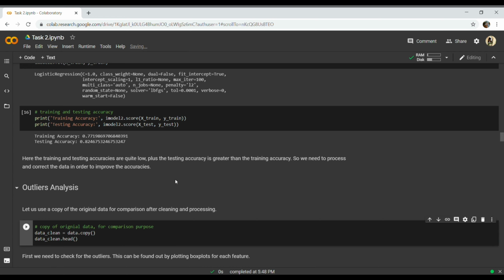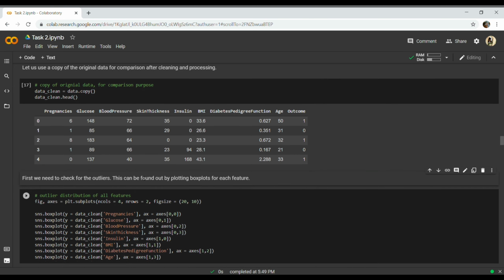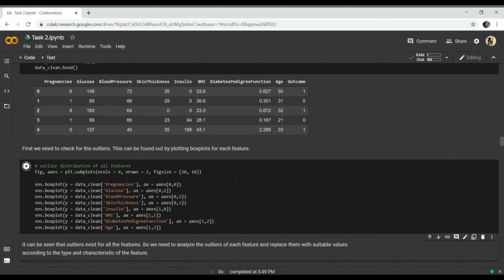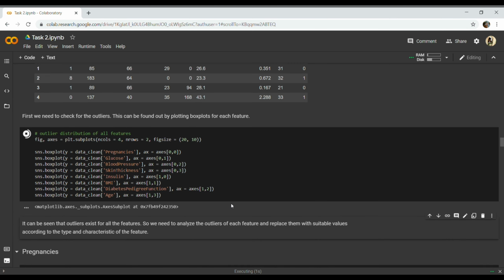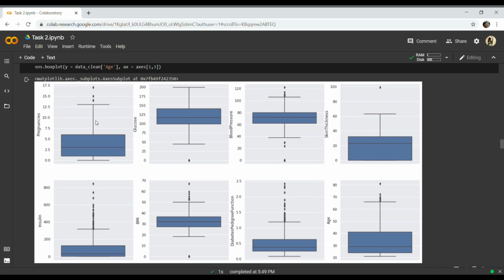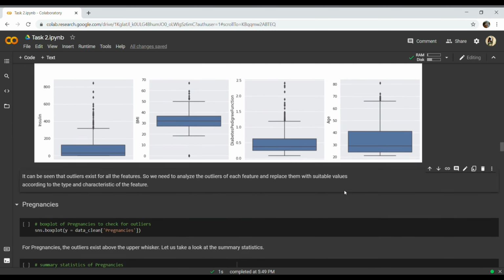So first let's look at the outliers. Here I am creating a temporary copy of the original data so that our original data does not get overridden due to our processing. So how do we analyze outliers? By plotting a box plot. So let's plot all box plots in a single figure itself. Now we can see each and all of the variables contains outliers. See, there are 3 here, there's 1 here, there are many here. Each of them we need to analyze very thoroughly and deeply.